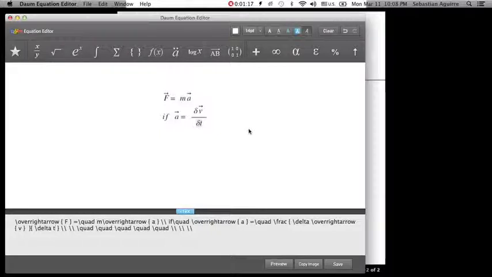So if acceleration is equal to the change in the velocity vector over the change in time, we can rewrite this as